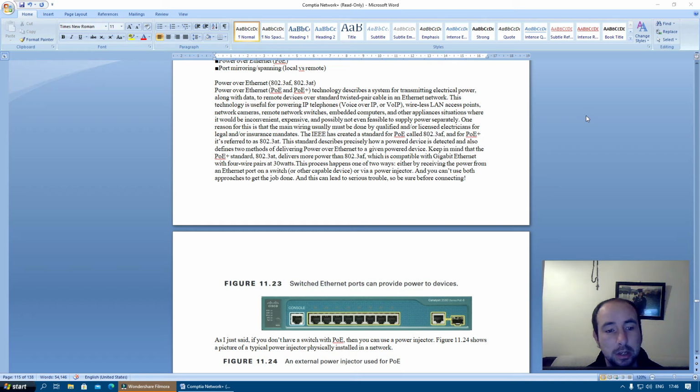Keep in mind that the PoE Plus standard 802.3at delivers more power than 802.3af, which is compatible with gigabit Ethernet with 4 wire pairs at 30 watts. This process happens one of 2 ways: either by receiving the power from an Ethernet switch or other compatible device, or via a power injector, and you can't use both approaches to get the job done, and this can lead to serious trouble, so be sure before